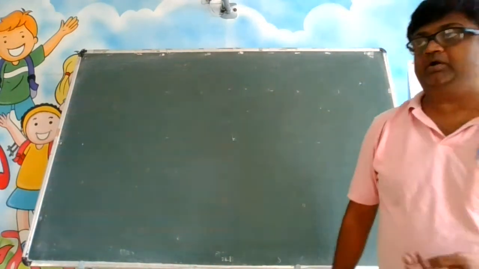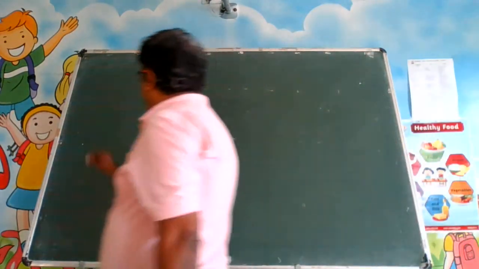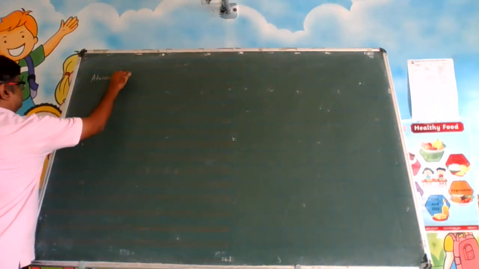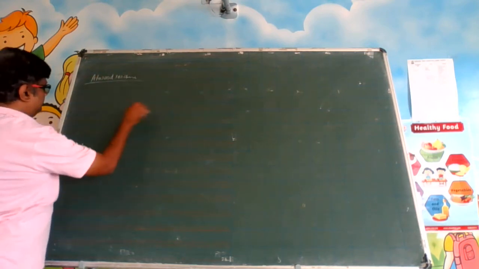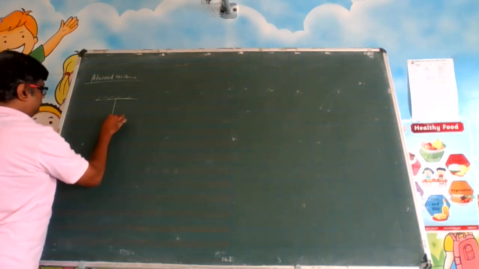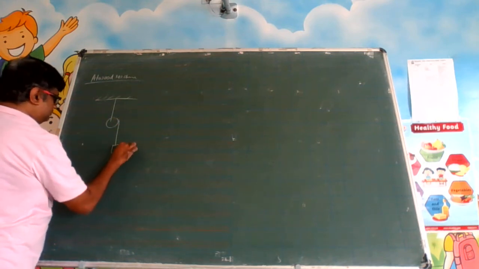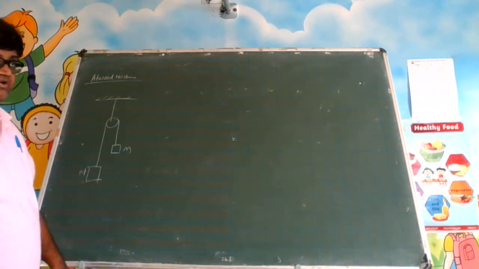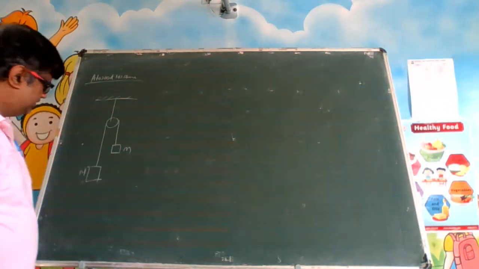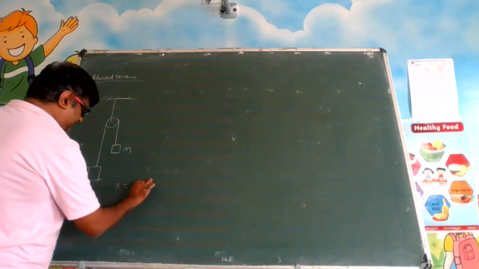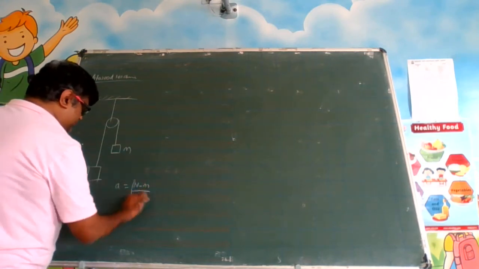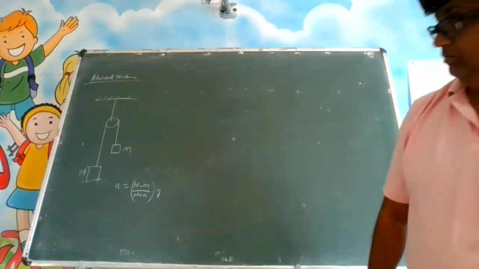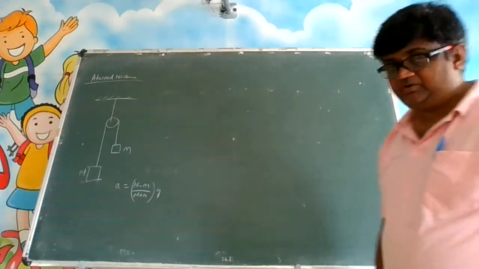Now, one very important case I want to discuss. See, if you remember, Atwood machine we have done, right? There, what was the thing? You have a pulley, you have a mass here, and you have another mass here, and you have calculated the acceleration. Acceleration, what was the value there? Is it (m minus n) by (m plus n) into g? Just verify. I'm very poor in memorizing stuff. I try to derive logically because memorizing is beyond my capacity.